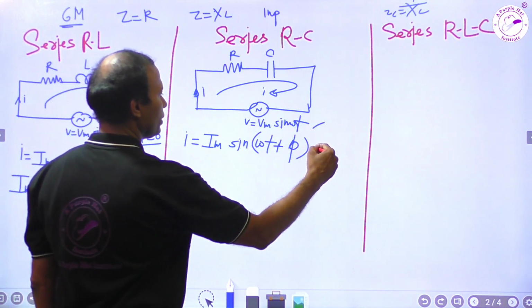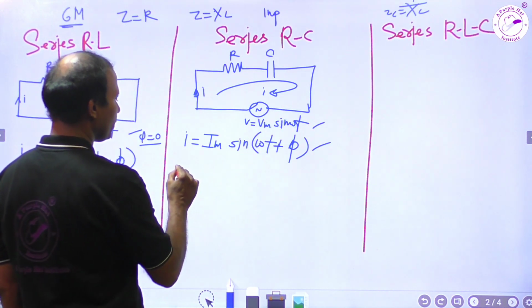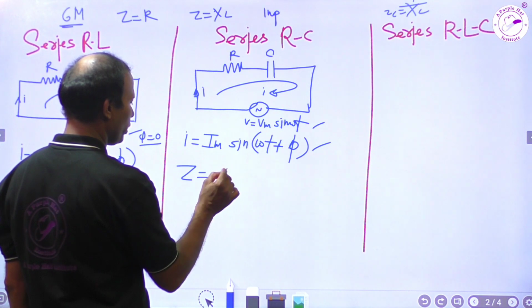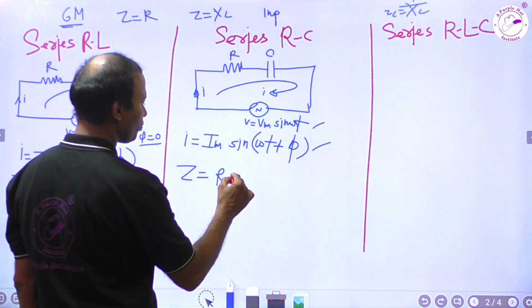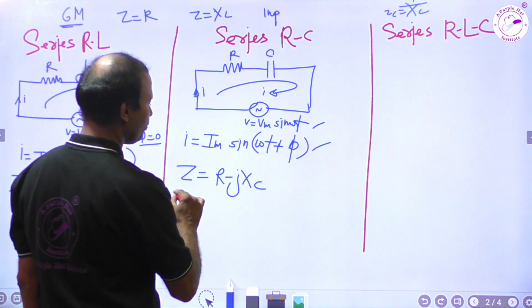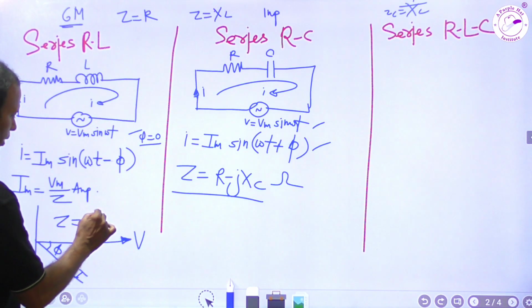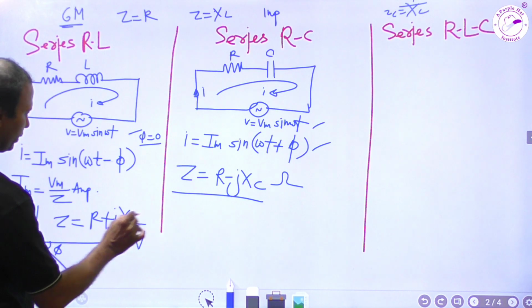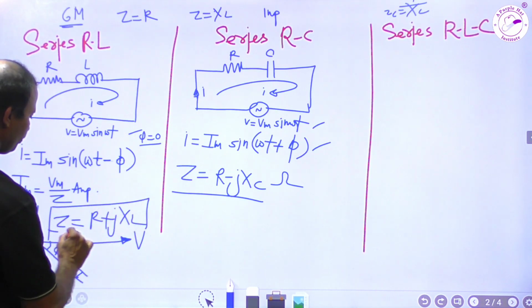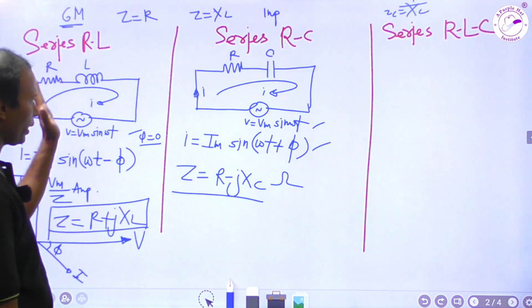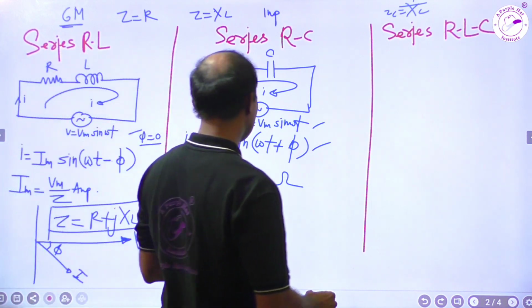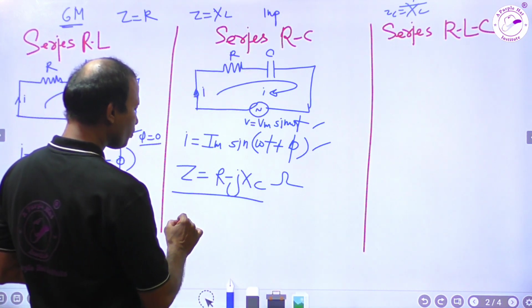Voltage this is, and impedance Z, suppose you try to calculate impedance, is equal to R minus j XC ohm. In this other case the impedance we can write as R plus j XL in ohm. Impedance for the RL circuit, impedance for the capacitive circuit, and then power